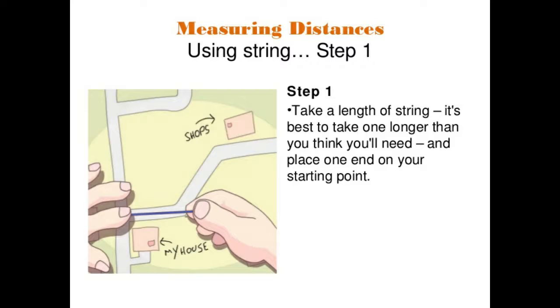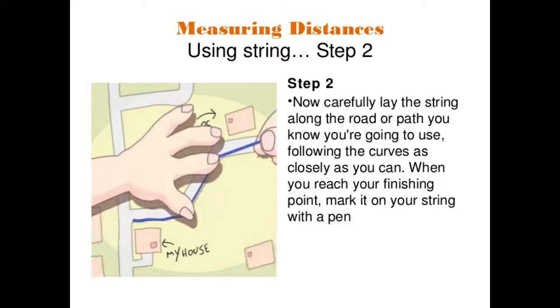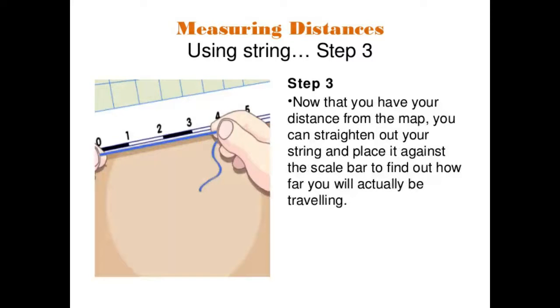The first thing is to mark a starting point on the thread and then keep on twisting the thread along all the curves till the destination, or the point B, is reached. Put a point on the terminating point on the thread. Then stretch the thread and measure its length in centimeters or millimeters. Convert the total length of the thread using the scale and you'll get the route distance in kilometers and meters.